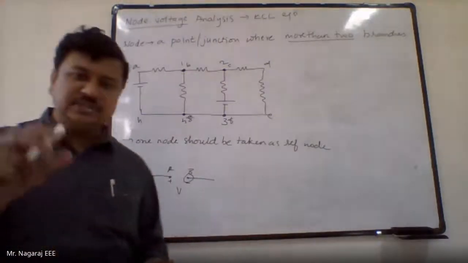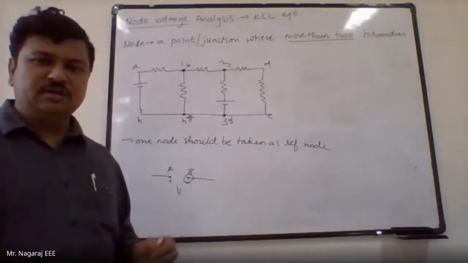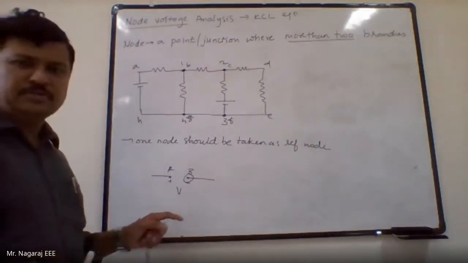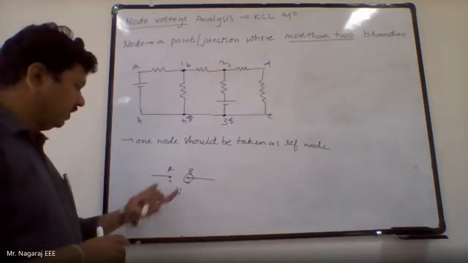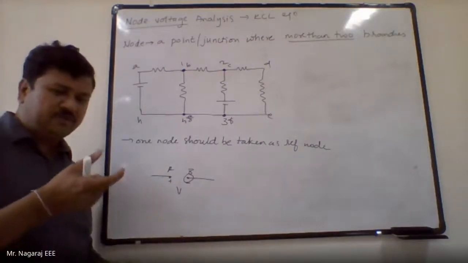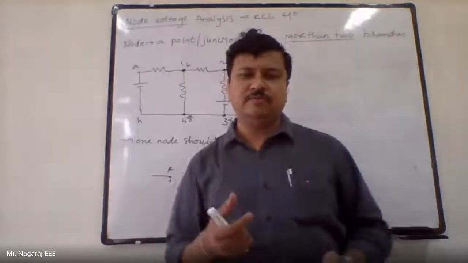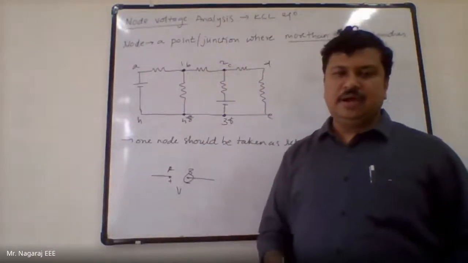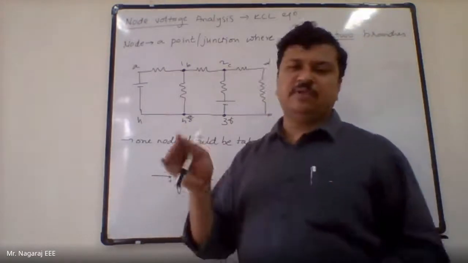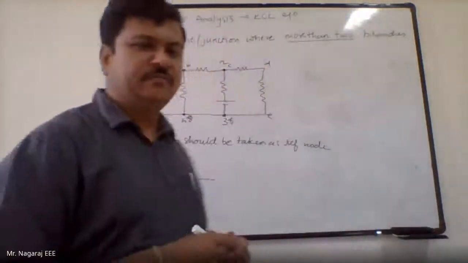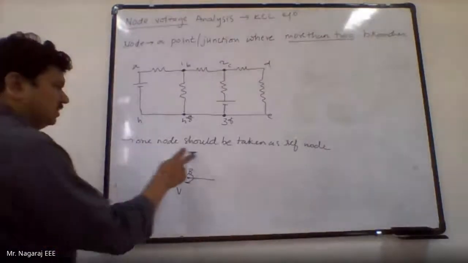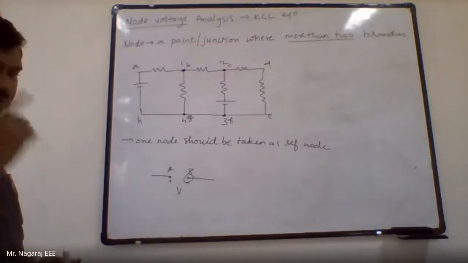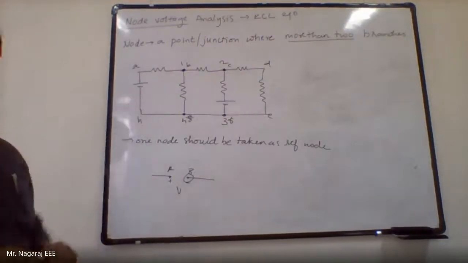I can define a potential of A, whether the potential of A is positive or negative, higher potential point or lower potential point. But if I have to find the potential difference, that is the voltage, for any node, it should be with respect to some other node. And that node with respect to which I am defining the voltage is taken as reference node. So reference node is that node which is used to define the node voltage of all the nodes.